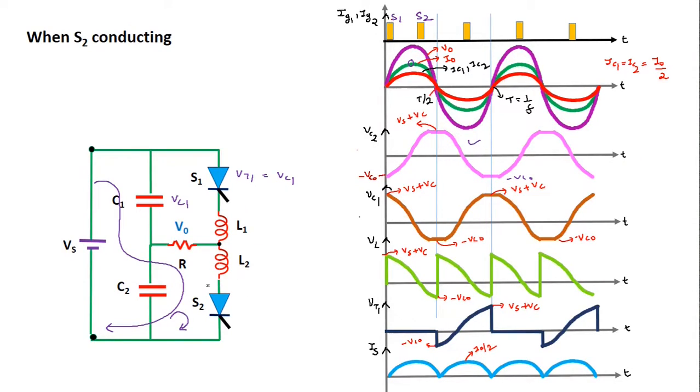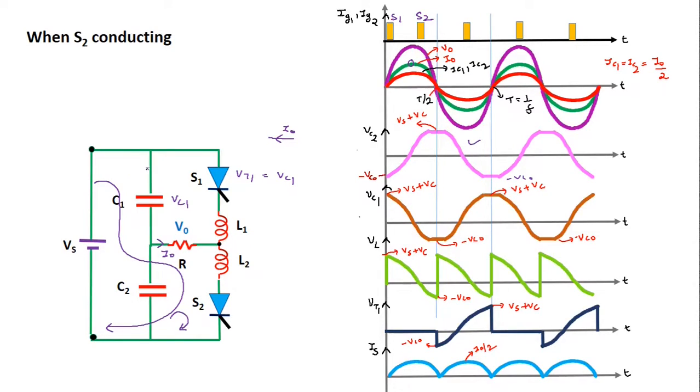Now when the S2 SCR goes into the on condition, the current through the load will reverse its direction, that is, it will flow towards the right hand side. When the S1 SCR was conducting, the current through the load I0 flowed towards the left hand side. Now it is flowing towards the right hand side. That means the current direction through the load has reversed, therefore we are taking the waveform of the load current in the reverse direction when the S2 SCR starts conducting.